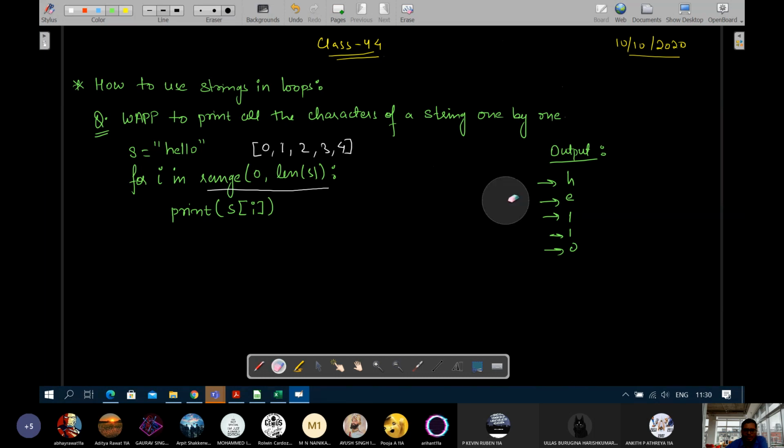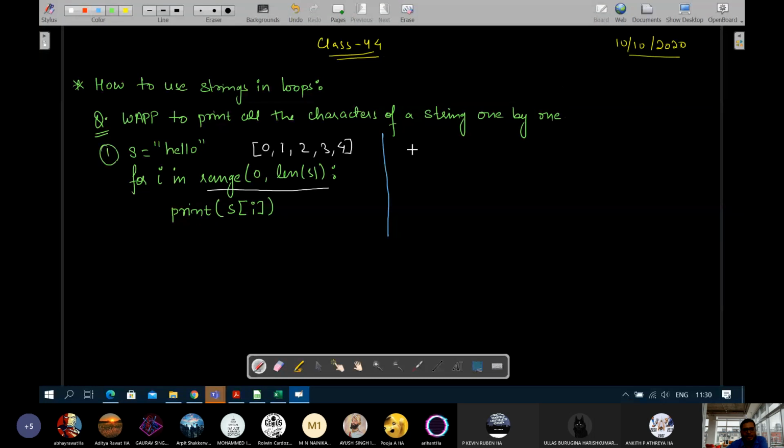Look at this too. This is approach 1. Second is approach 2. This is the first way, and I am doing it again the second way. s is equal to hello.